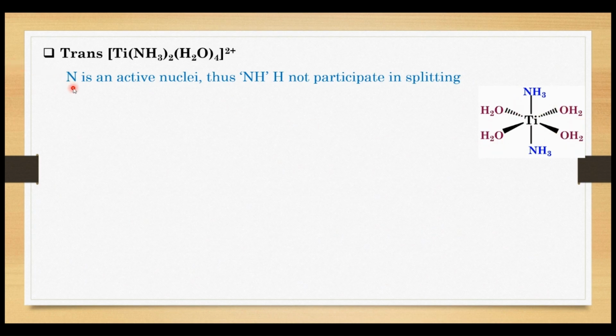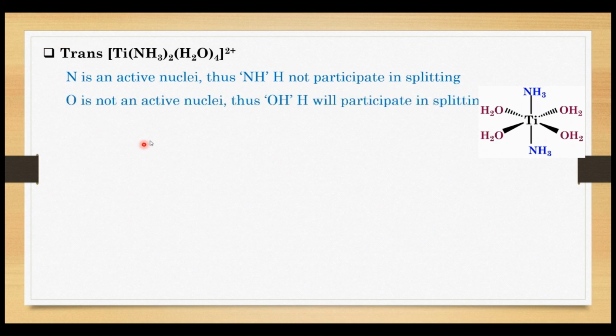Here nitrogen is not an active nucleus, so the NH hydrogens will not participate in splitting. Oxygen is also not an active nucleus, so the OH hydrogens will participate in splitting. So these 6 hydrogens won't participate, and these 8 hydrogens will participate